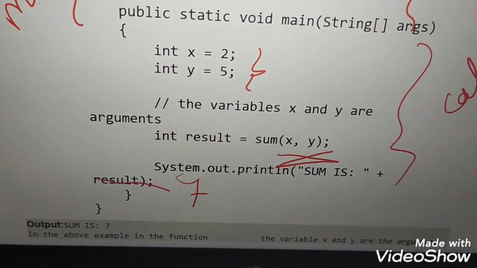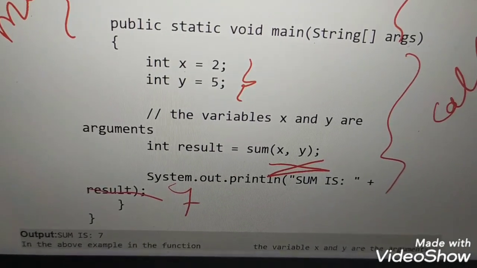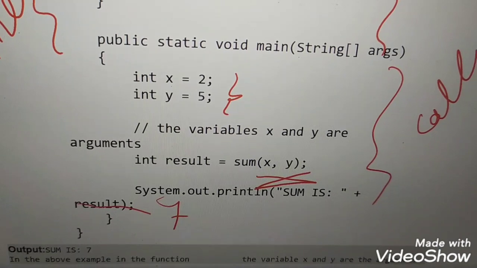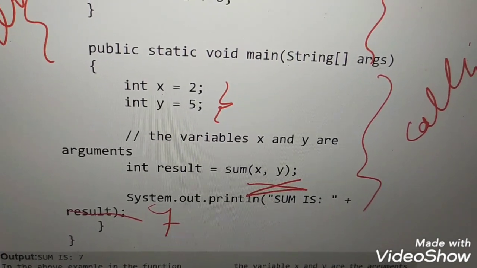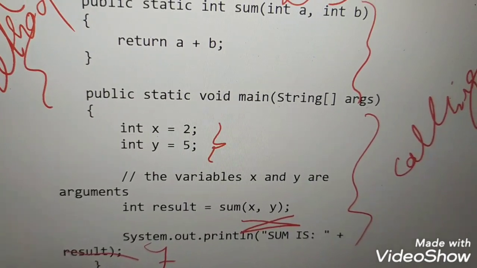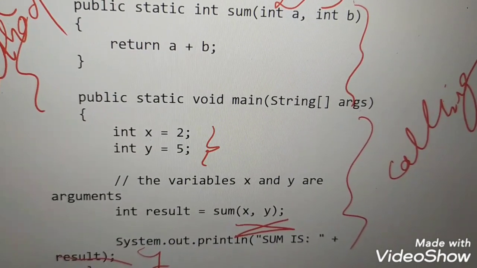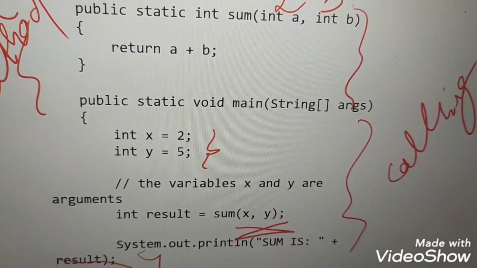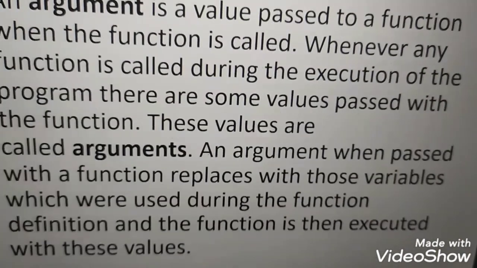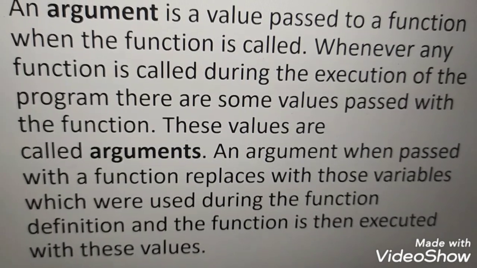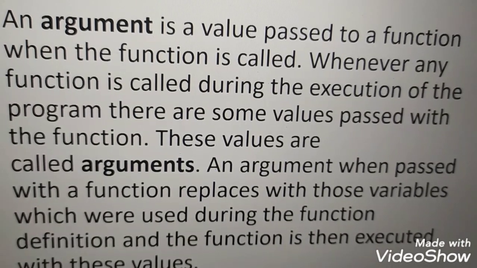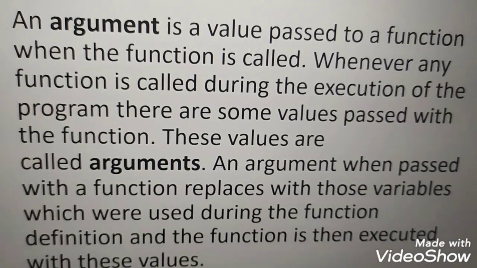So in this example you are seeing that the variables x and y, which are used in the calling method and passed to the called method, are known as arguments. Now come to the definition again. Just look here: an argument, when passed with a function, replaces those variables which are used during the function definition.